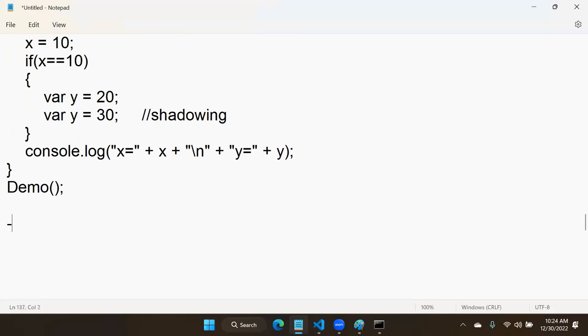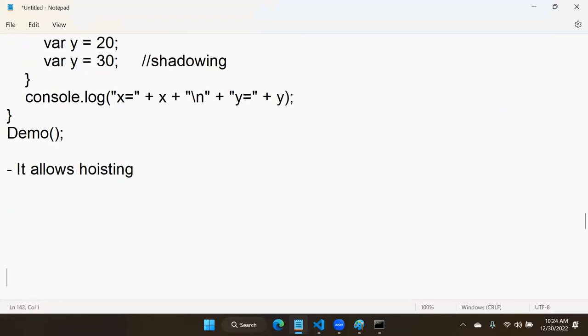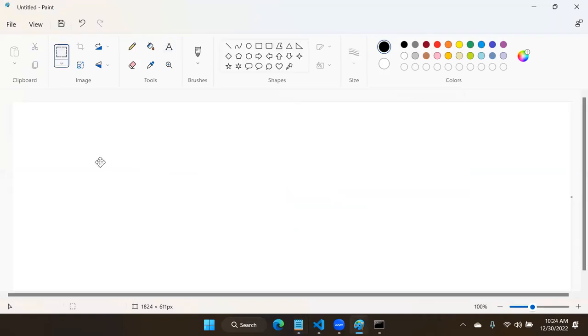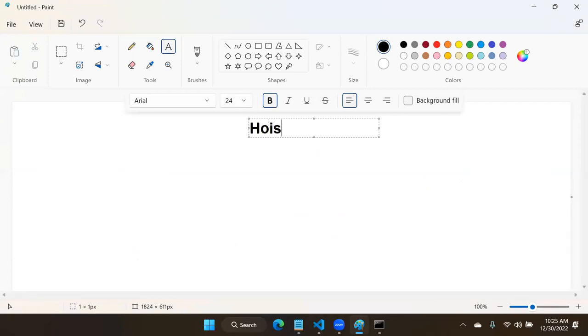Another important thing: var allows hoisting. Var is going to allow hoisting also. Now, what is the concept of hoisting? Hoisting means, I will show you one simple diagram, a simple point here. For example, actually the meaning here for hoisting,